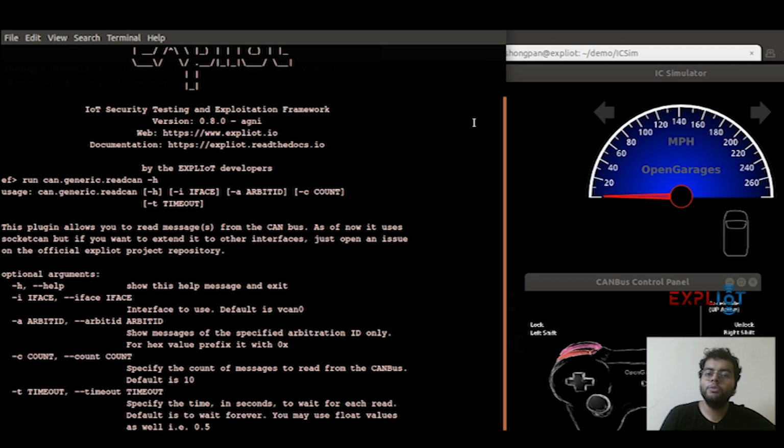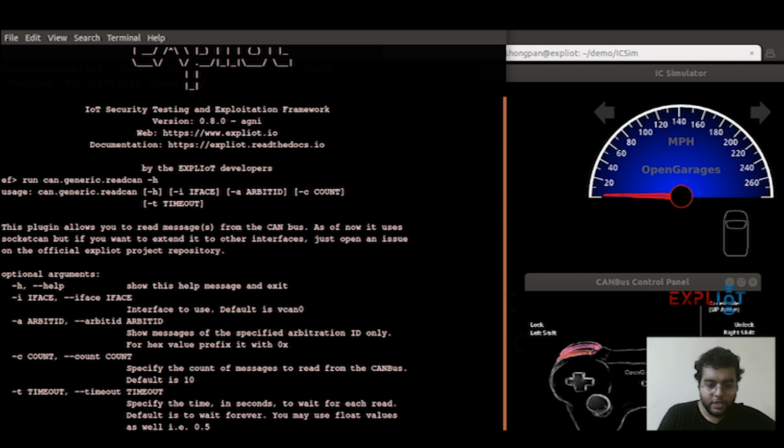So if you're new to CAN protocol, the CAN bus and ICSIM, I would suggest a small activity: find out the arbitration ID of all the things that are part of the instrument cluster. So basically your side indicators, your accelerometer, and your doors. Since I've already used the ICSIM before, I have the arbitration IDs with me, which is 0x188. I'll be showing this demonstration for the indicators.